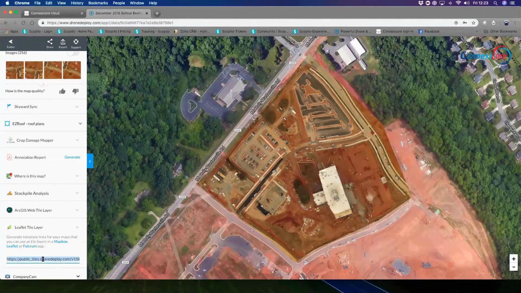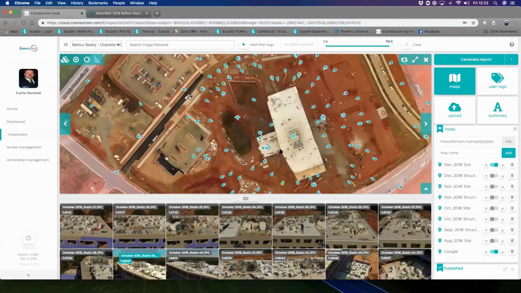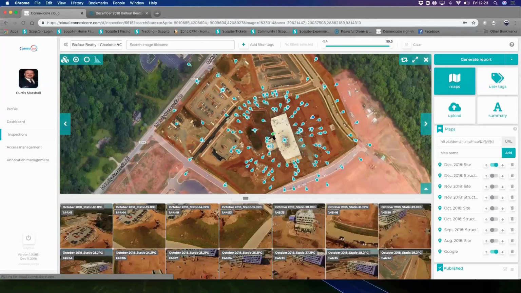I'm going to copy the URL, go back to ConnexiCore Cloud. I'm going to place the URL in the box right there. I'm going to name it December 2018 site, add, and now the entire orthomosaic is housed in